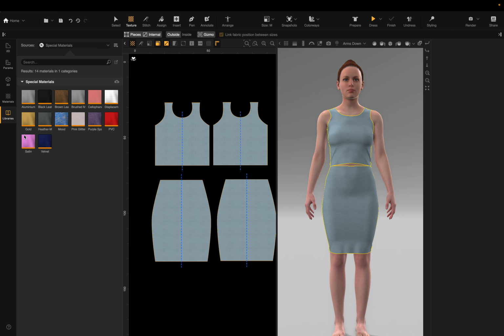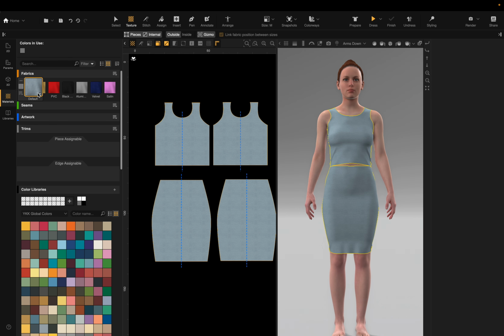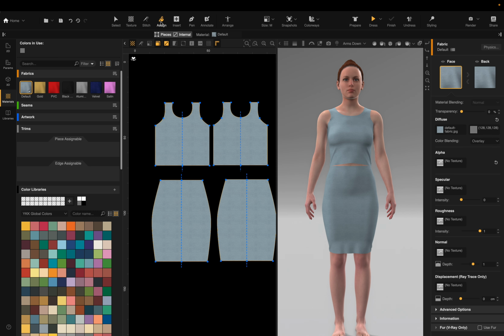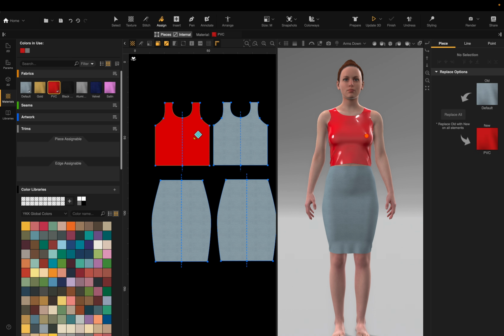Like, we can try some of these really interesting fabrics, black leather, aluminium, velvet, and also let's download this. Every time you click on something, you download it and it will show up in your fabrics now. And always remember, everything under materials, we assign it with the assign tool over here. So take your assign tool and take PVC, for example,